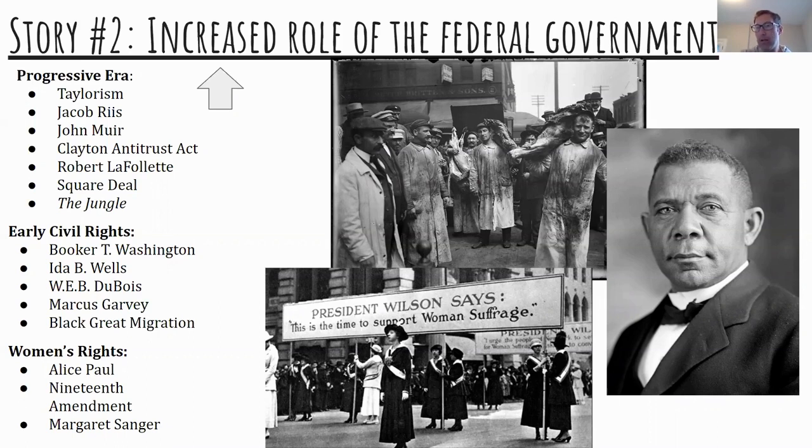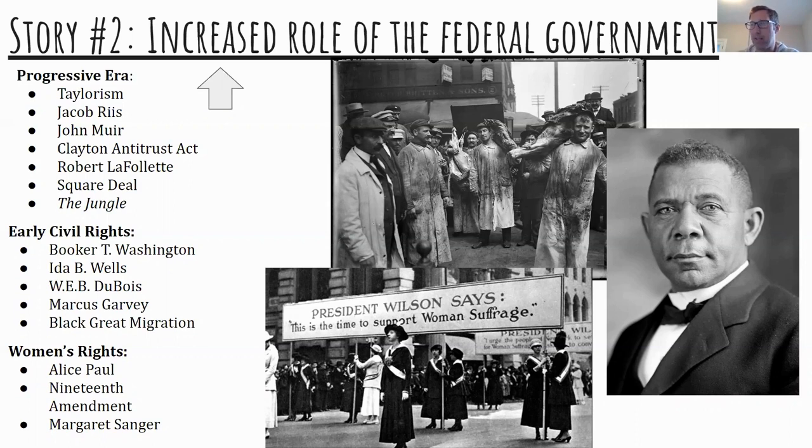So through Teddy Roosevelt, he busted up trusts. He tried to protect the environment and some of our resources. And on top of that, he also tried to create rules that would make consumers protected from things like meat products that were unsanitary, or medicine that didn't work and was in some cases dangerous. So the progressives made a lot of changes in American society from really 1890 all the way till the end of the Progressive Era, which kind of coincides with World War I.